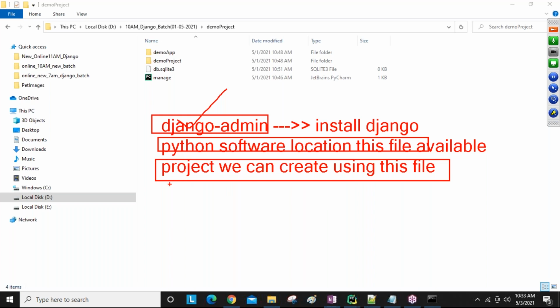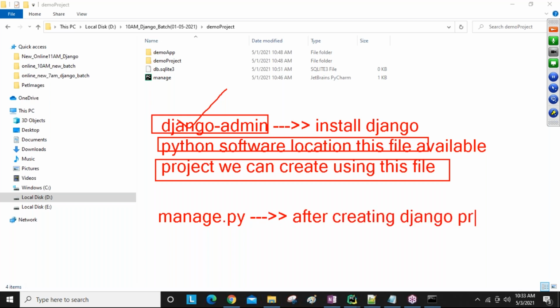After creating the project, guys, we are going to get manage.py. After creating the Django project, manage.py comes. And where is it available?